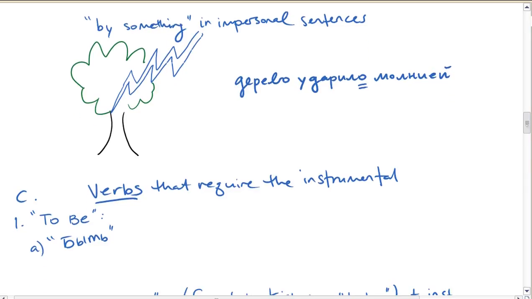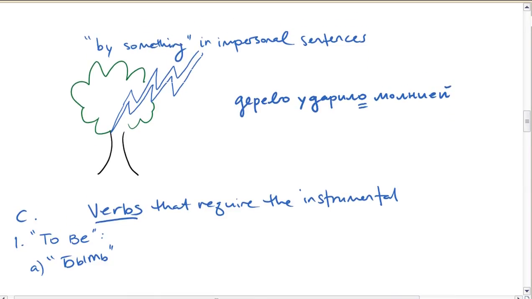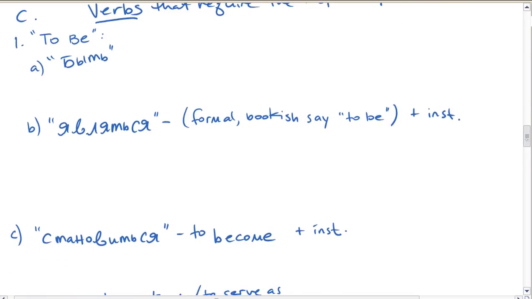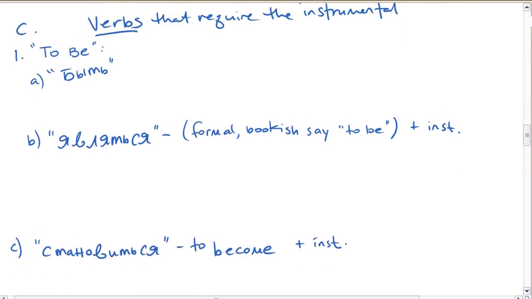Okay, so then there are certain verbs that require the instrumental. Three of them that you probably are familiar with, more or less, are verbs to say to be. So быть, you definitely know, and that's to be. And you don't really have it in the present tense. It's mostly past or future. And oftentimes you put what someone was or what someone will be or what was or what will be into